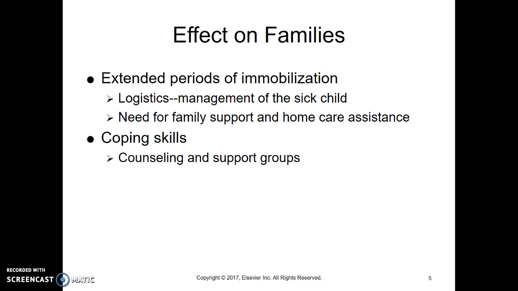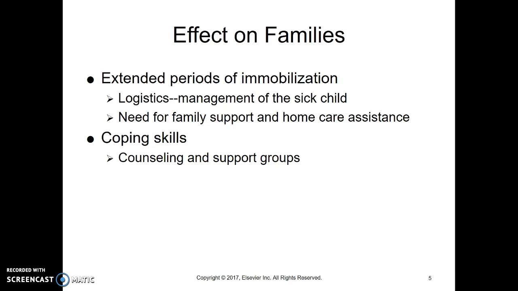And how is this going to affect the family? So if a child's immobilized for a long time, they don't just fit normally in a car if they're in a big cast, or they may not even be able to get out of bed and out of the house at all. We're going to try and get them home if we can, but if they're in the hospital, then we've got all those issues of the family trying to keep normal family life for the rest of the family, but a child in the hospital. Or, if the child can't fit into a car seat, how do they get to the store and the bank and those things that they need to go and do?